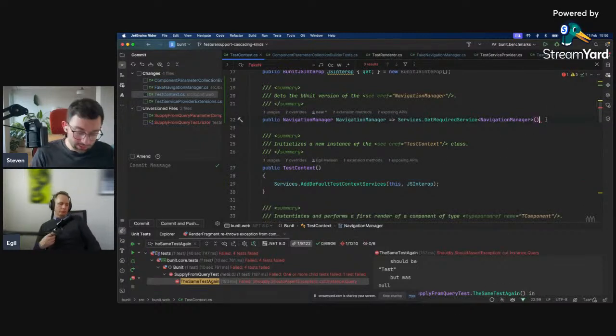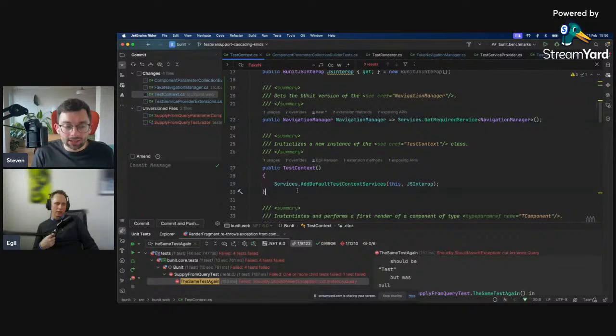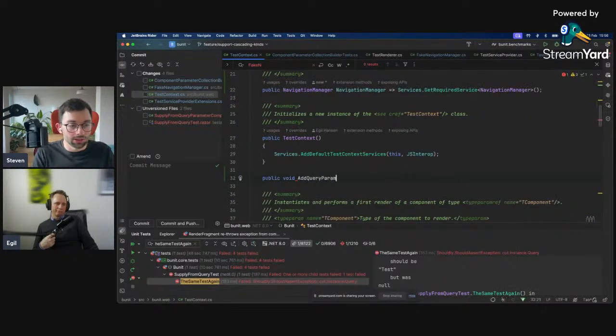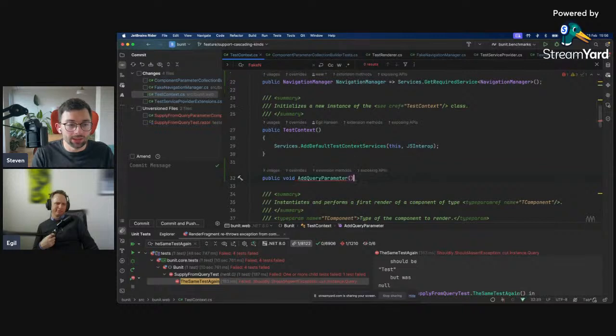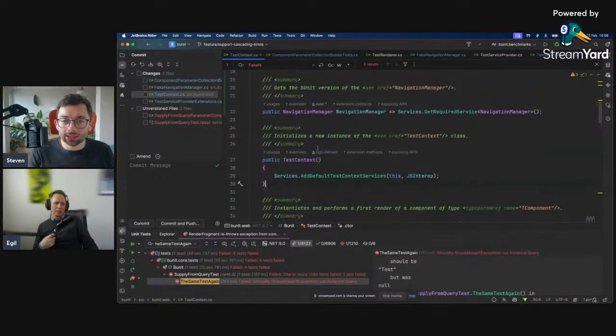But then we would still need an extension method on the navigation manager. Or if you want to hide this somewhere, like the query parameter, whatever, you would have to hide it somewhere here. But that seems to be mixing concerns a bit. Yeah, I know. Just saying that if you expose just a navigation manager,